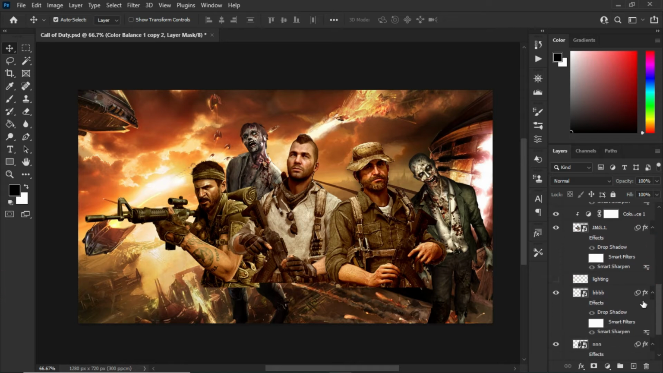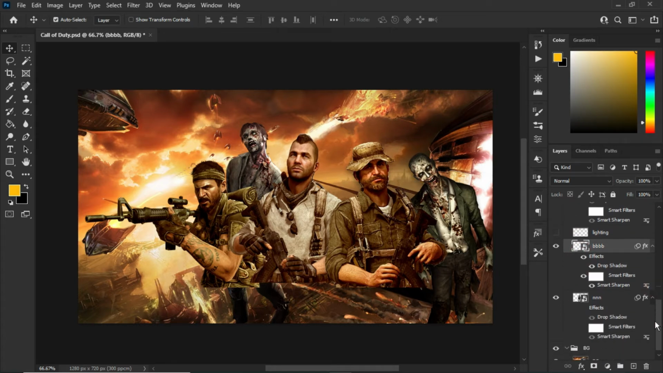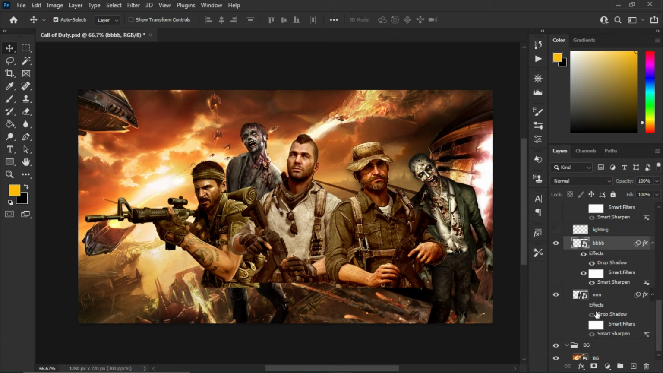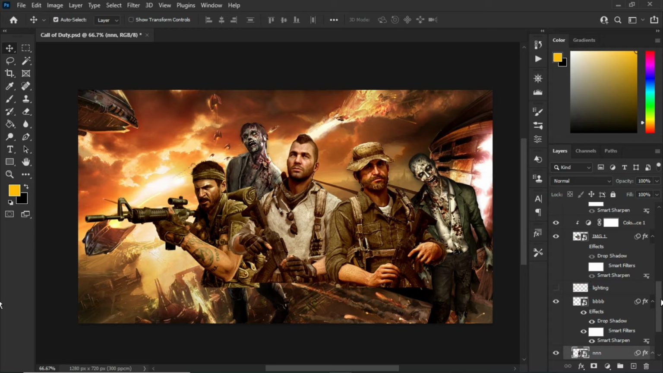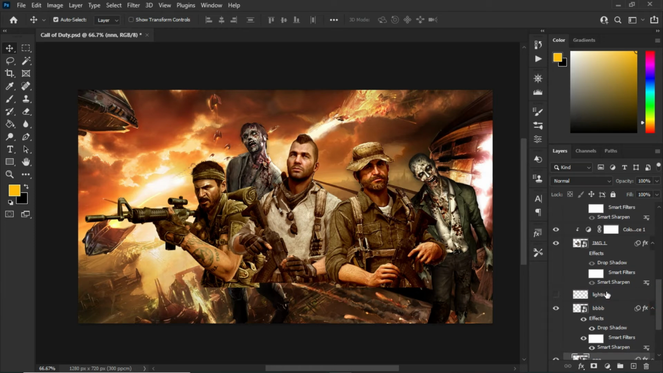Okay, and then the sharpness on, and this one too, the effects on. Okay, so go to the first image, then the effects on, and turn the smart filters on. After turning them on, what I did next was to create a new layer and add